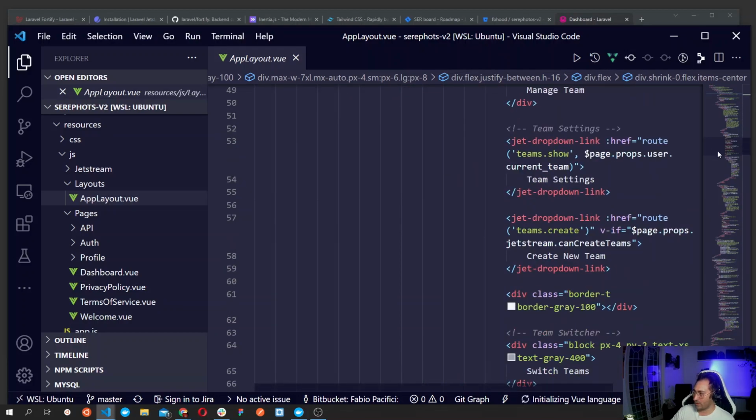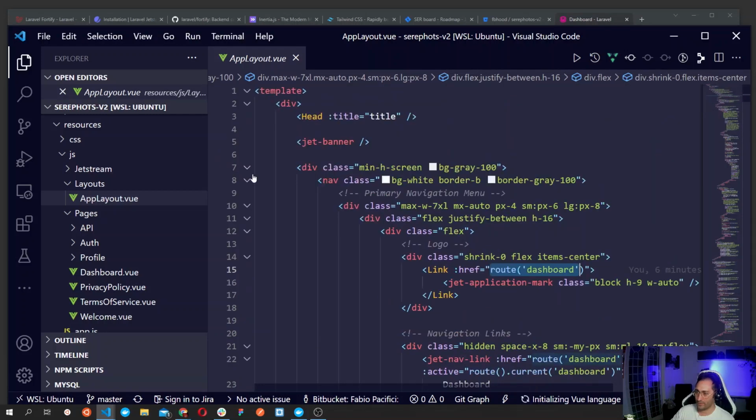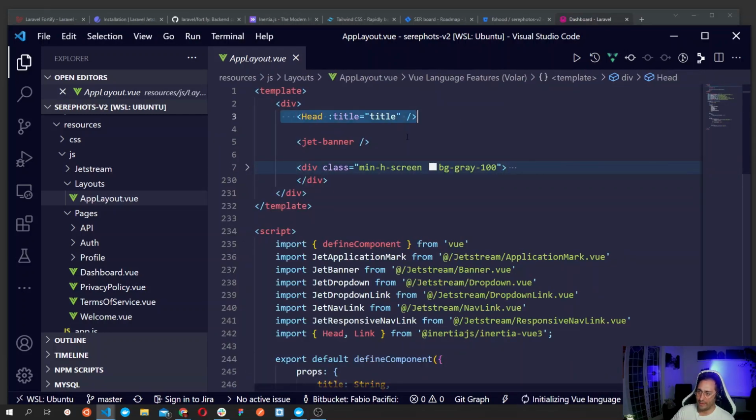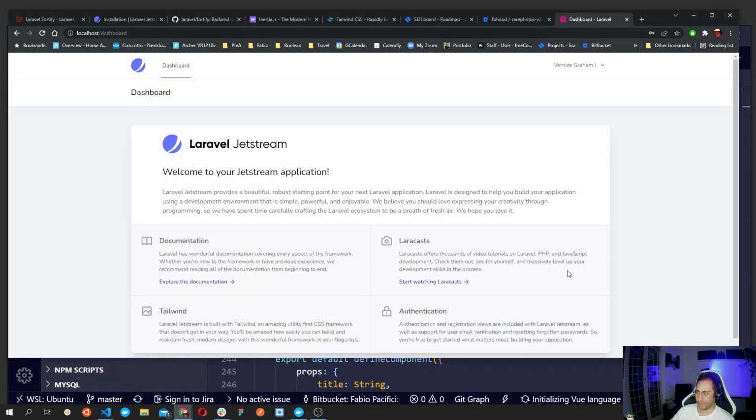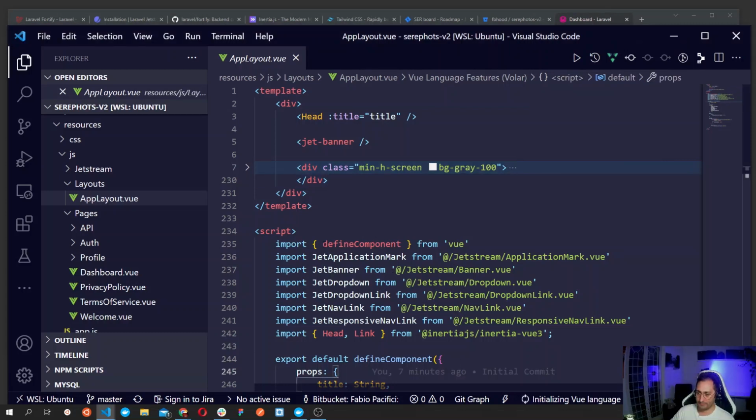Let's collapse some of this stuff. So we have a head component. We have this component, which is another Vue component called Jet Banner. And then we have this section where all the cards of our page, all this stuff has been placed. So we import defineComponent from Vue. We import the application mark, banner, dropdown link, nav links. So a bunch of components, including add a link,